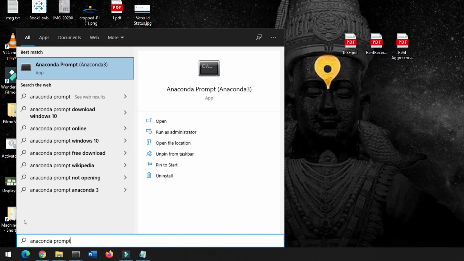Now in command prompt, type Jupyter Notebook and this will open a new link in Chrome. Click on New and click on Python 3. This will take you to a new tab. You can type your code here.